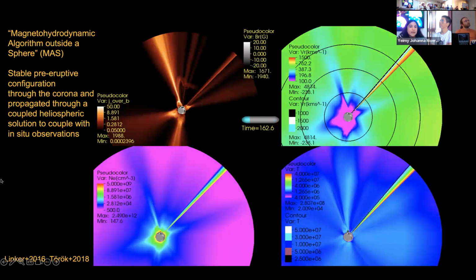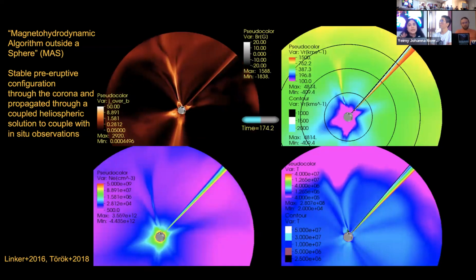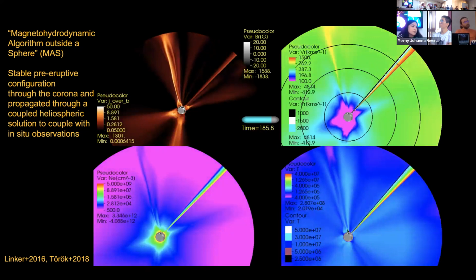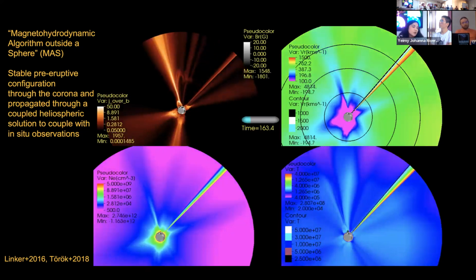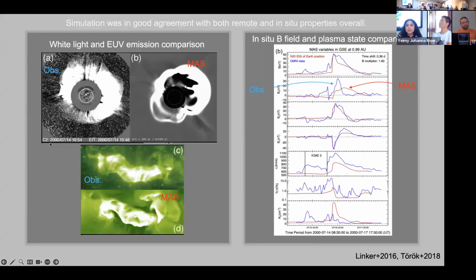So at a very high level, they had this pre-eruptive configuration of the flux rope. They drove the eruption through the coronal domain. They coupled that to the heliospheric domain because they were interested to not only see what was happening in the corona, but actually link it to the heliosphere observations, which is good for us because we were interested in that too. The paper itself did a pretty good job, the model did a pretty good job at reconstructing the morphology of the CME, and through its simulated heliospheric propagation, did pretty well at matching up with the magnetic field and some of the bulk properties: temperature, density, velocity.